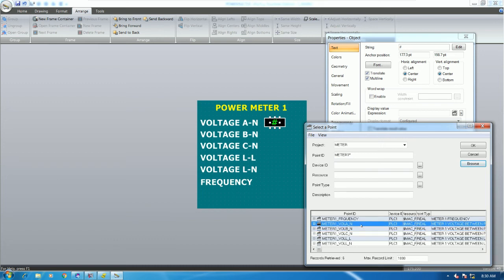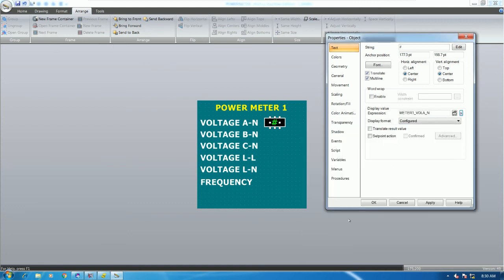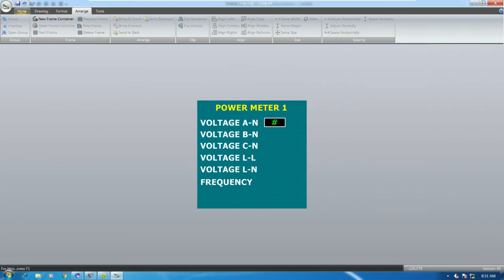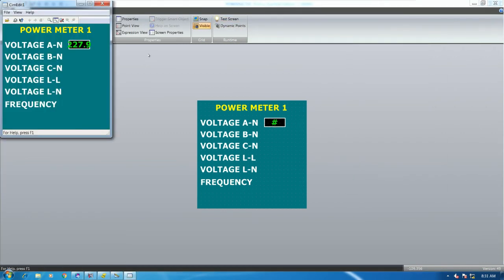So the first one is A to N, right? And we can choose real, and then we can use the precision, example 1,